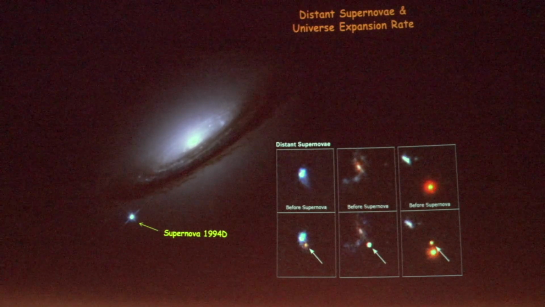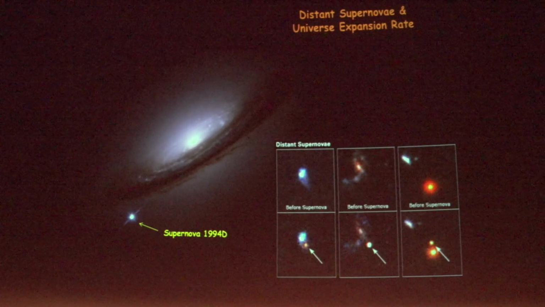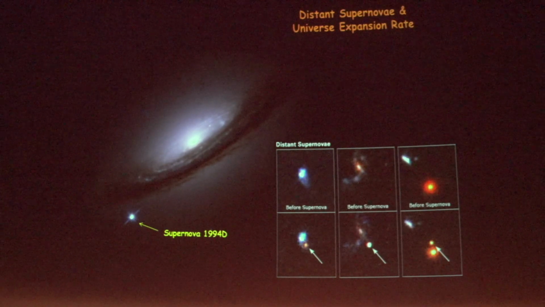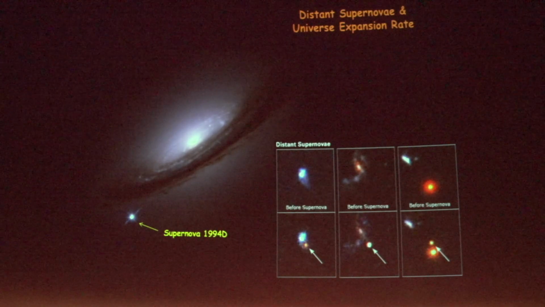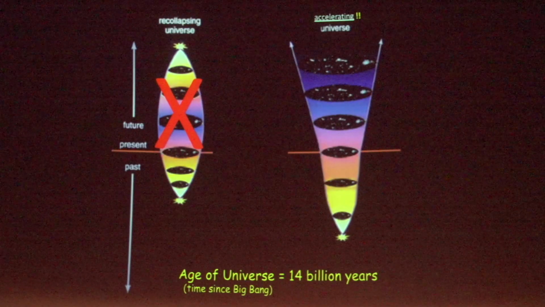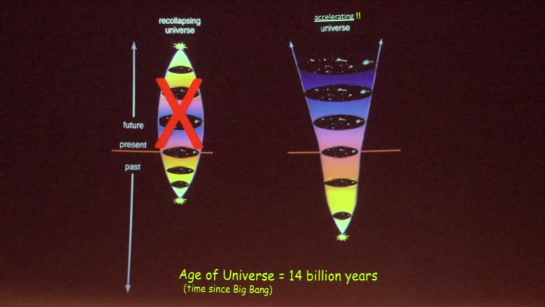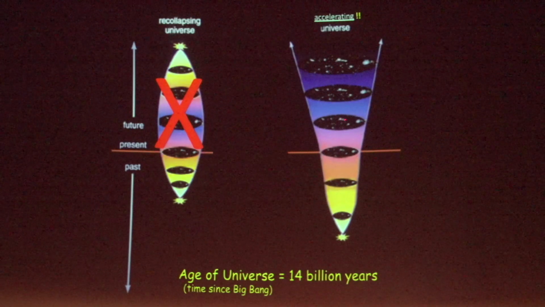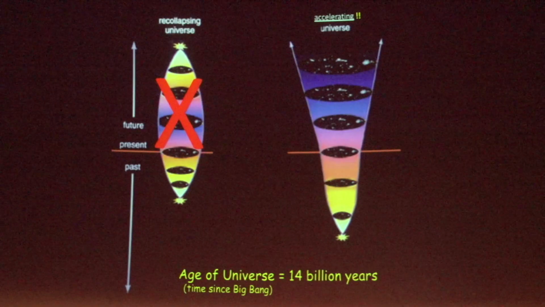So if you take an object of the same brightness and you put it at different distances, you know that the one that's further away is going to be fainter. And so these teams built up essentially a structure of the velocity of expansion of the universe with time. And what they concluded in very long ongoing programs was that the collapsing universe is not viable, that the expansion is great enough that the current density of galaxies cannot stop it. And so we live in an ever-expanding universe.